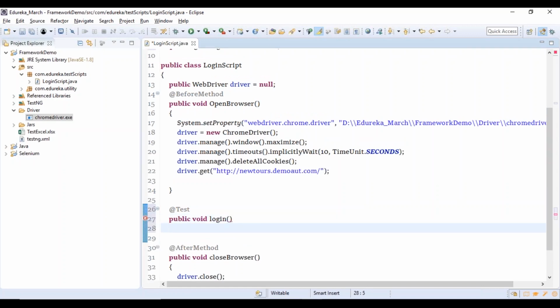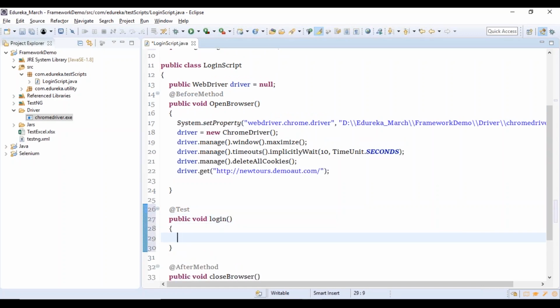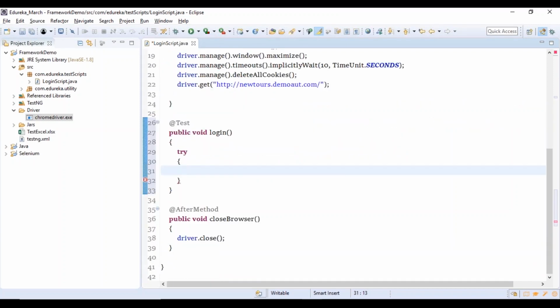Here what I'm going to do is use a try catch block in order to execute the methods. Why? Because in your framework you have to ensure that you have all possible try and catch mechanisms, or exception handling mechanisms, which would help you to not stop your execution and to continue with your execution even if there is an exception occurring, right? So for that I am going to use your try and catch block. Now the first thing that I'll have to do is capture your input data, right?